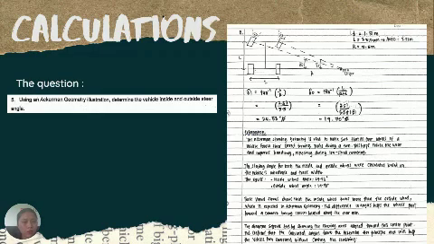So next, for question number 5, the question is: using the Ackermann geometry illustration, determine the vehicle inside and outside steer angle. Before proceeding with the calculation, I sketch the Ackermann geometry illustration so it will be easy to calculate later. After that, we use the values on the brochure in the vehicle data,